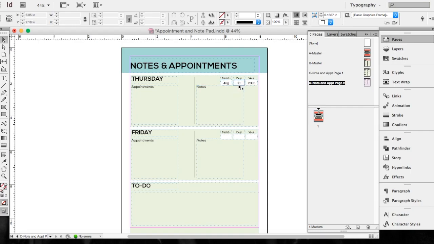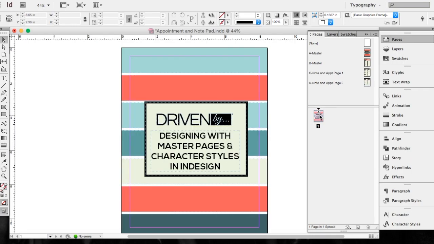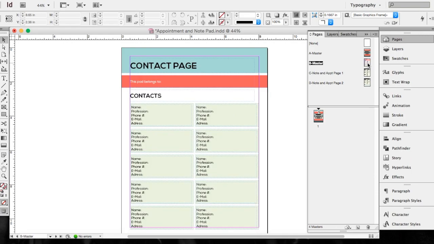Now I want to bring your attention to the month, day, year section, and this is where our master pages are going to come into play. In our actual document, we only have one page, and that is the front cover. I would like to start adding master pages into my actual document. Since we have our front cover already, now I want to have our first page, which is our contact page. All I need to do is drag and drop this into the document, and it's going to add it as